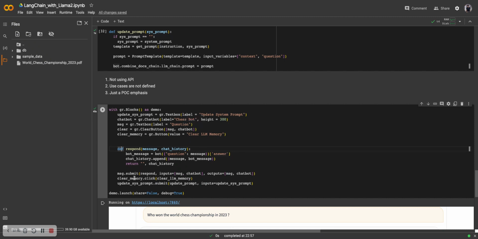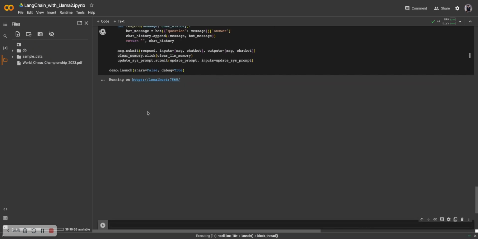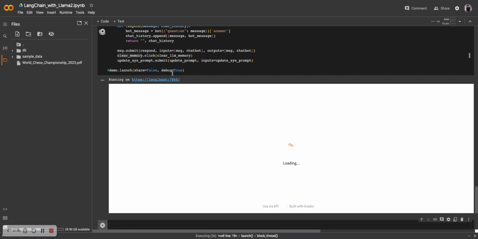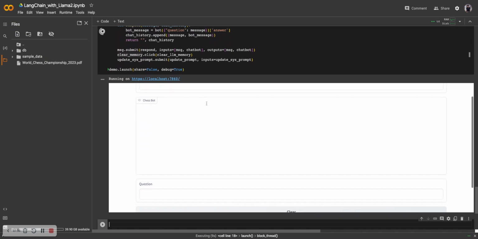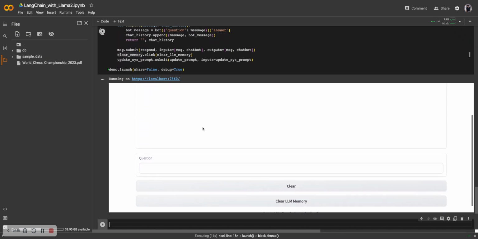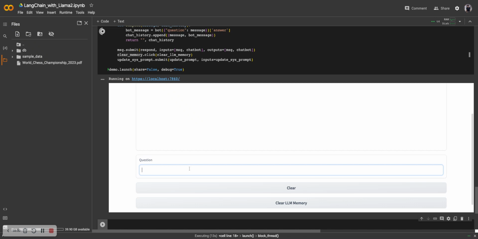All right, and we'll launch the demo. We'll have debug equal to true and share equal to false because we want to see what errors come when it happens. So as you can see, we have the update system prompt space, the bot itself, and the question. So we want to ask who won the world chess championship